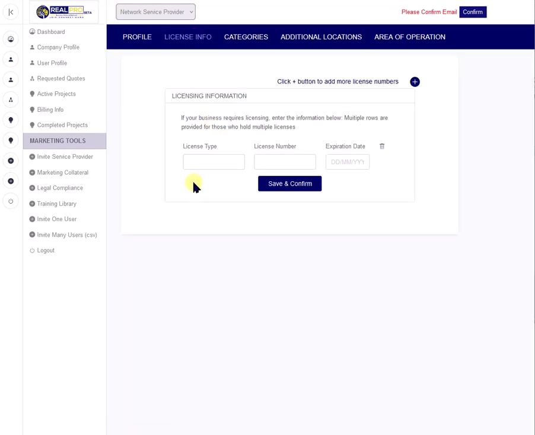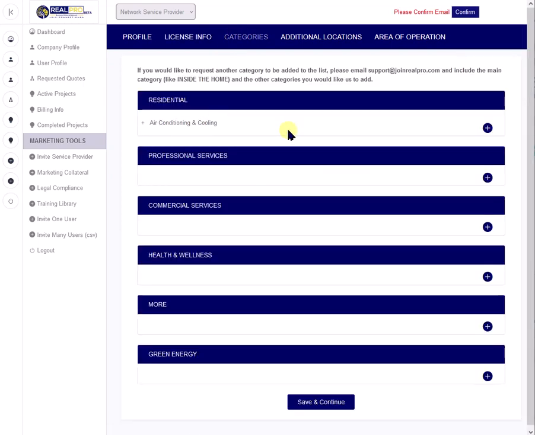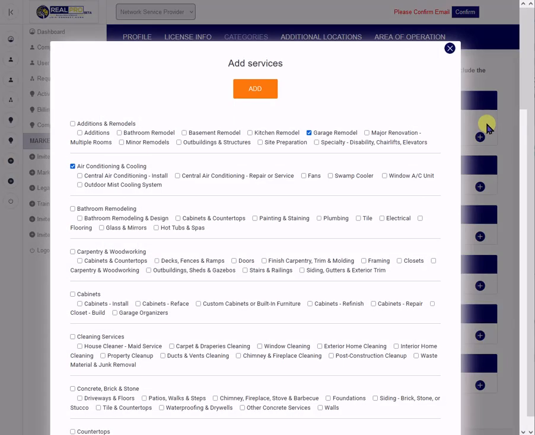If you have a license, you can enter the type, the number, and the expiration date. If you have multiple licenses, you just click the plus sign and you can add more, and then hit save. Then the most important thing is, what categories of projects do you want to receive? So you expand the relevant section, and if you're in air conditioning, you would click that, central,